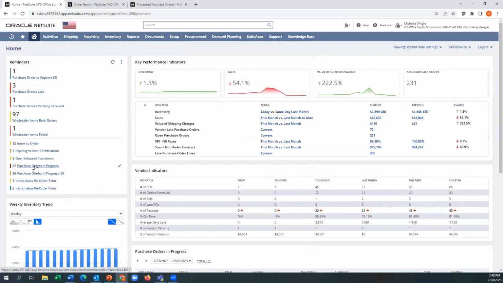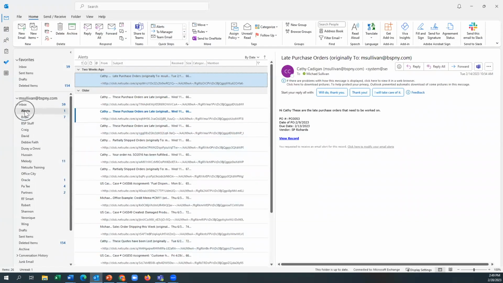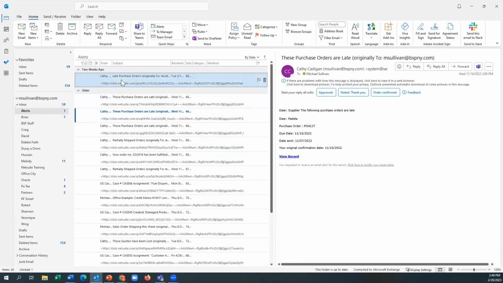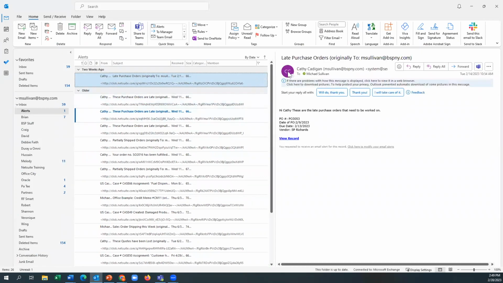And this same search was used to create this search, only that we're looking at everything that's late in this case. Right, so what you're seeing is that the tool set is the same over and over. But what you want to do is look at exclusions. Things are not going the way you think it's going to go. You can use all of these searches to also create alerts. So I have sample email alerts here. As an example, I'm triggering a search called late purchase orders. And I'm sending it to Kathy. And I'm saying, these are the late purchase orders that you need to be worked on.